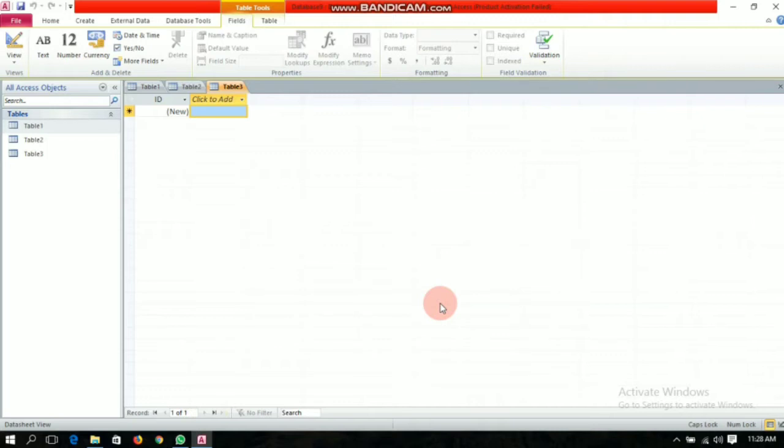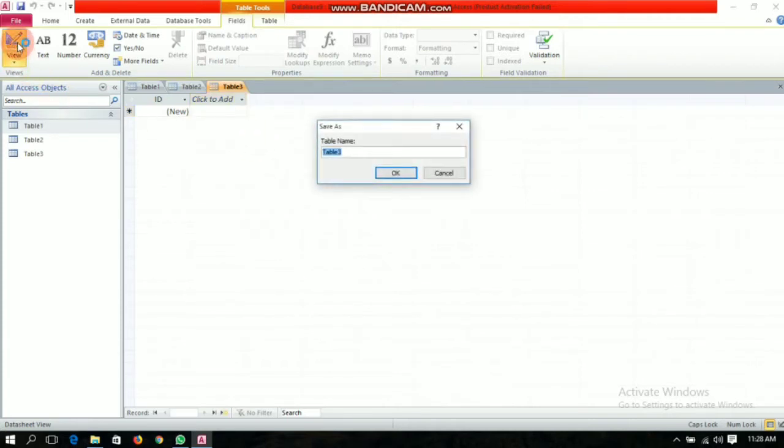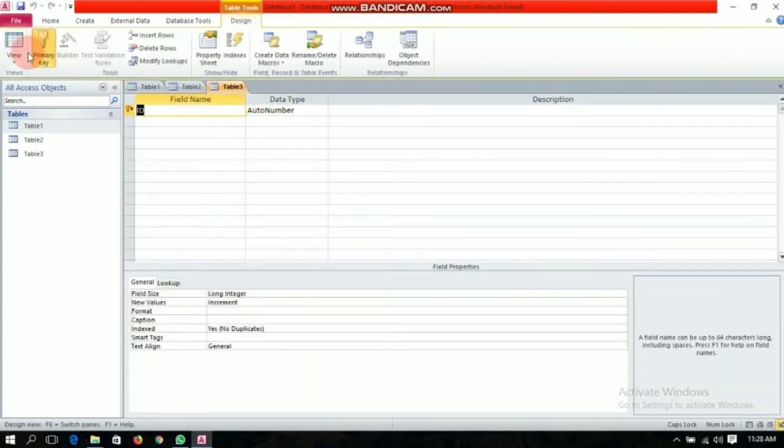So you can add your data type by first going to design view. You can see here it is written view and there are various views, and we will go to design view. Here it is written field name and data type.